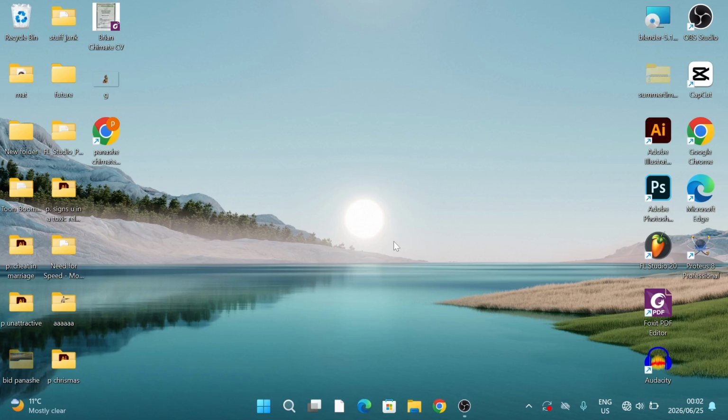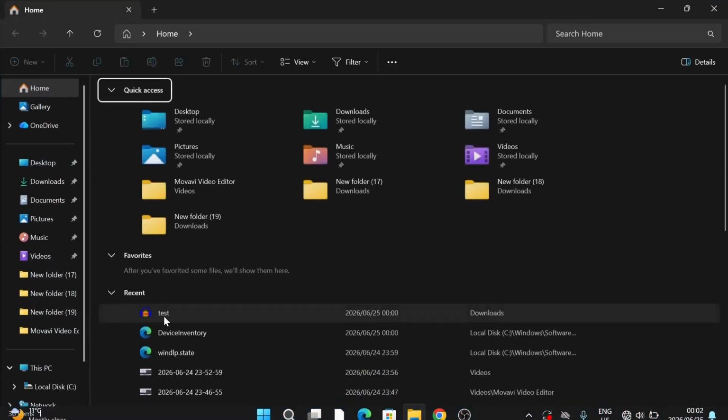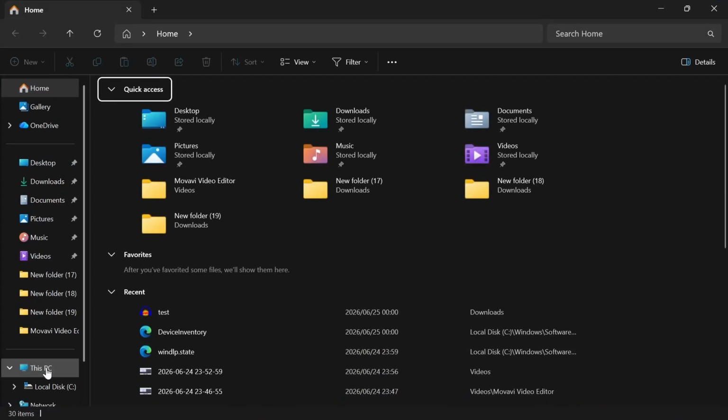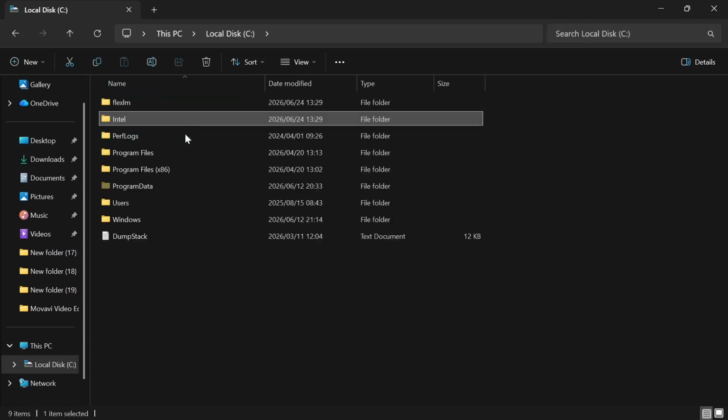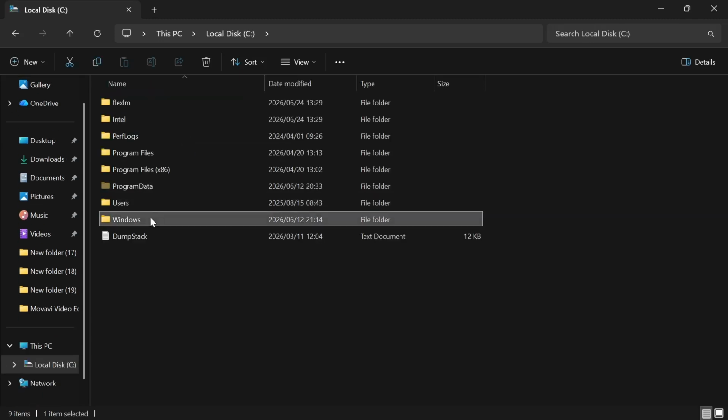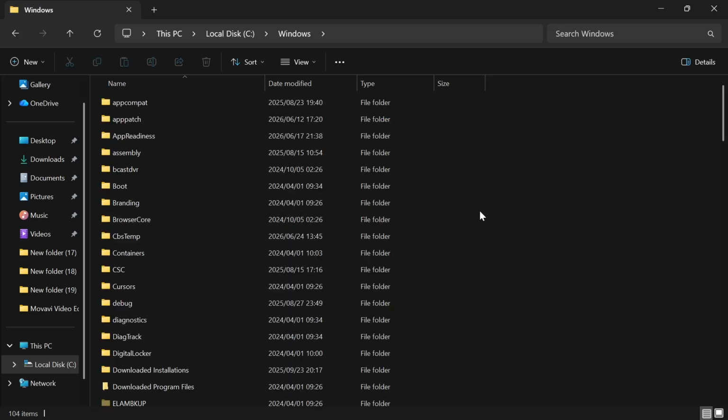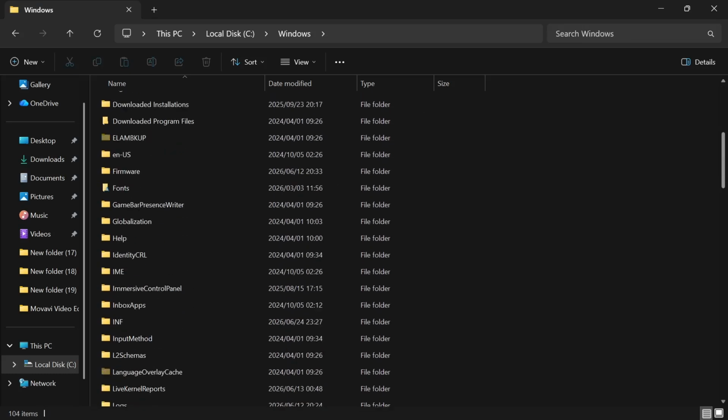First up, what you're gonna do is click on your File Explorer. So open your File Explorer and then go over to the option that says This PC. This should be your local disk or your drive. Click on it and then go over to the Windows option right over here. And then what you're gonna do now is scroll down